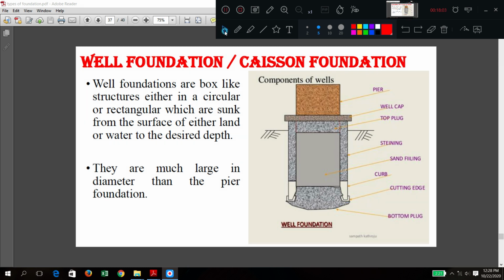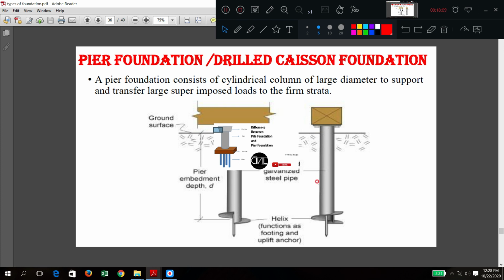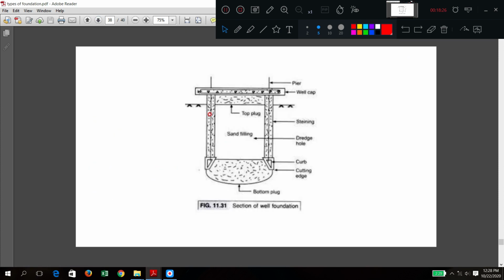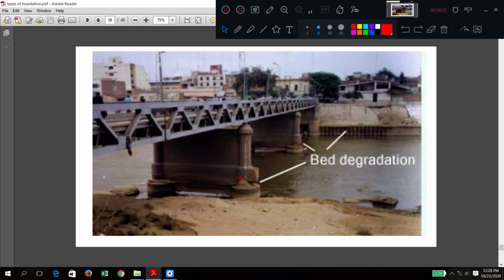Simple, no? So here the pier foundation has only a circular body, which may also be rectangular or triangular. Okay, the construction is the same, but these are for smaller load-carrying members, wells are for bigger load-carrying members. Okay, the same thing is explained in this one. You can see well foundation or pier foundation. We are not here to distinguish between what is well and what is pier. Both structures are similar only, but the load-carrying capacity is more.